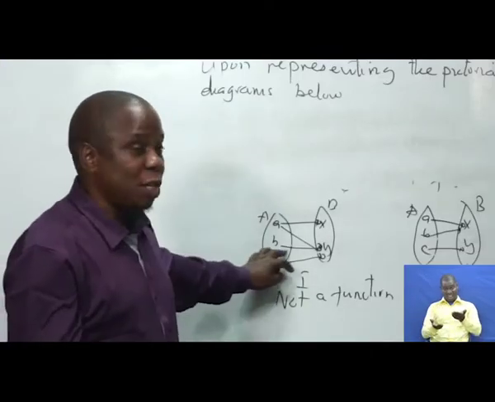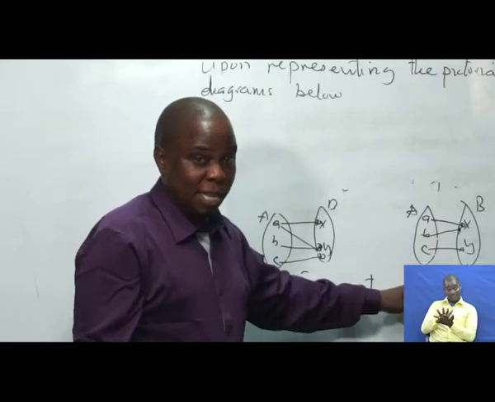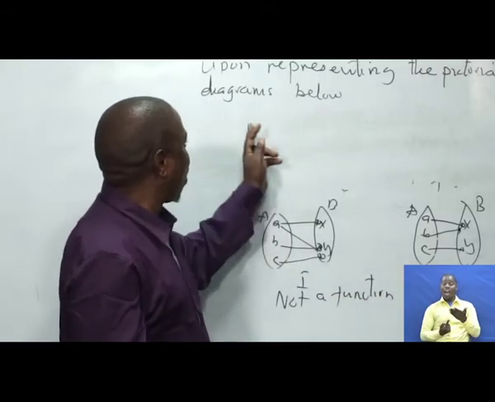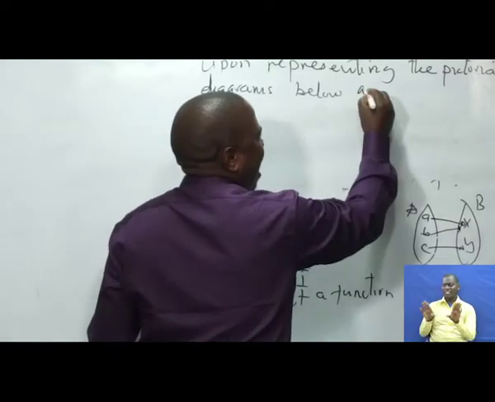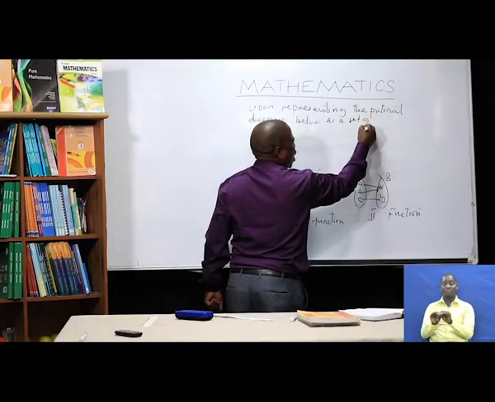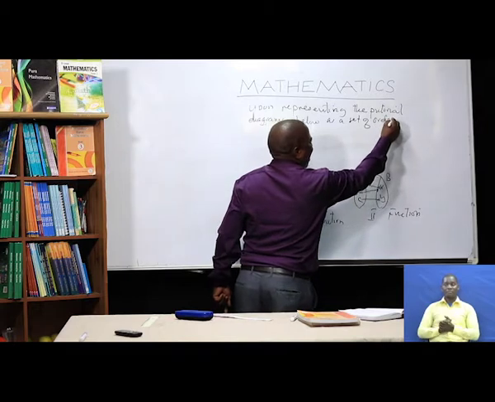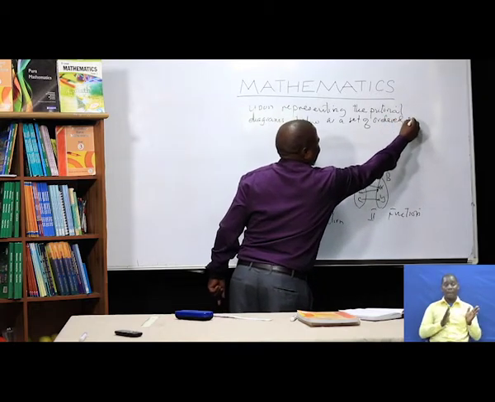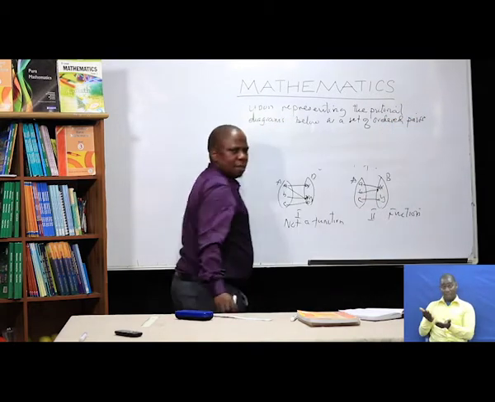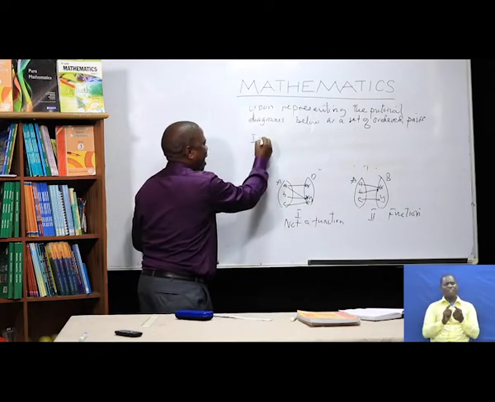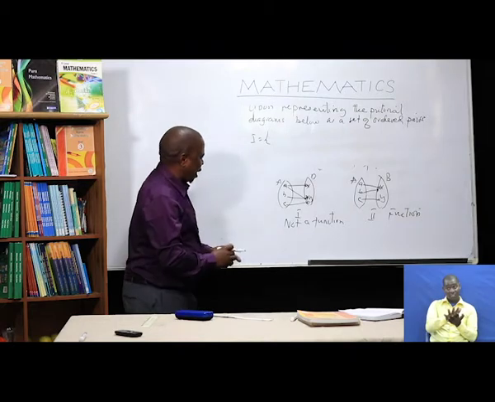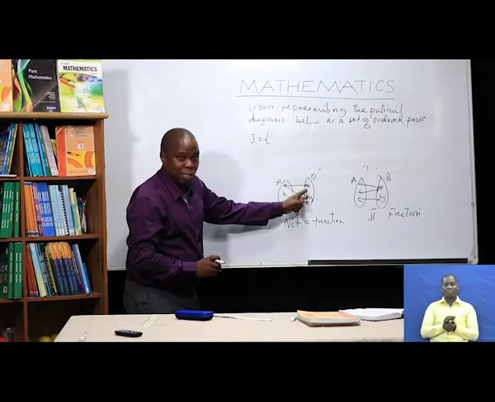These are known as pictorial representations of relations. Now, upon representing the pictorial diagrams below as a set of ordered pairs, we'll have the following. From the first illustration, in the set of ordered pairs, A is related to X,